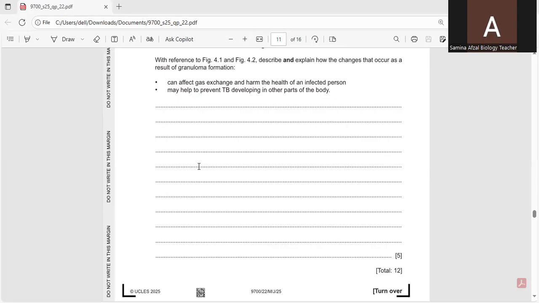So now I would like to write all this shortly, which I have explained to you. So I have given the explanation. First of all, we will go with the first part, that is, how it can affect gaseous exchange and harm the health of an infected person. So yes, the formation of granuloma significantly affects